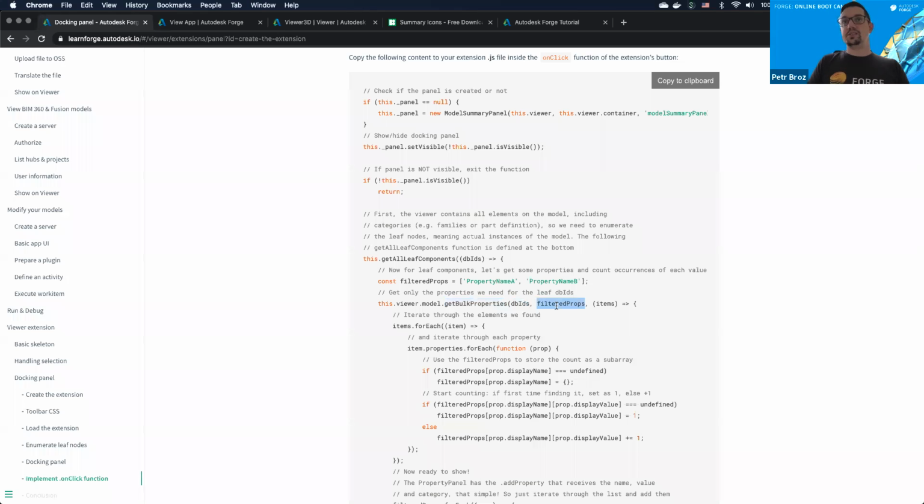And you can also, as a second parameter, specify a list of all the properties that you actually want to retrieve from that list of objects. And then items is basically going to have the results of the complete search or the property retrieval. So